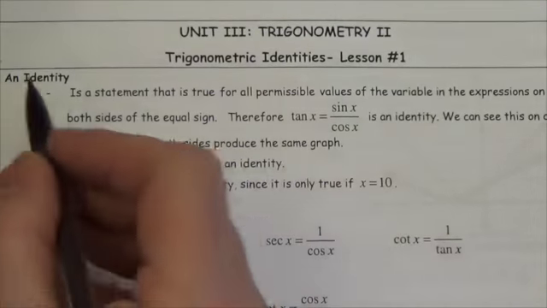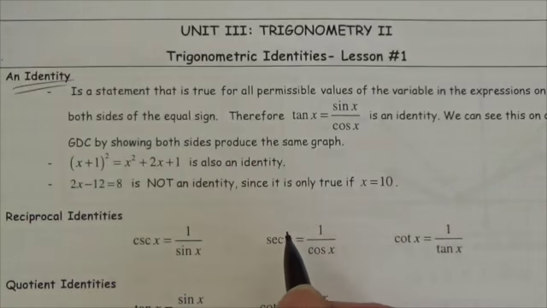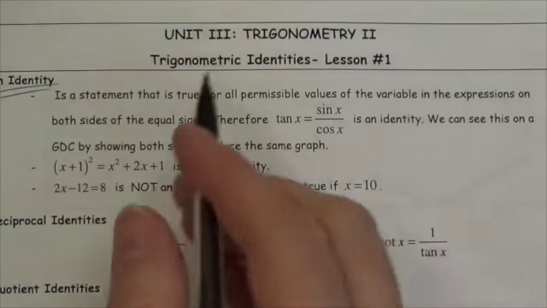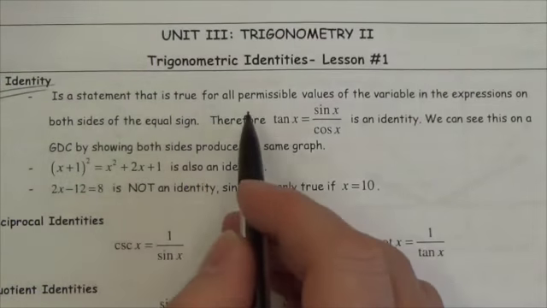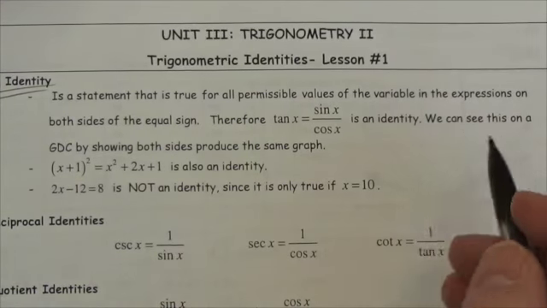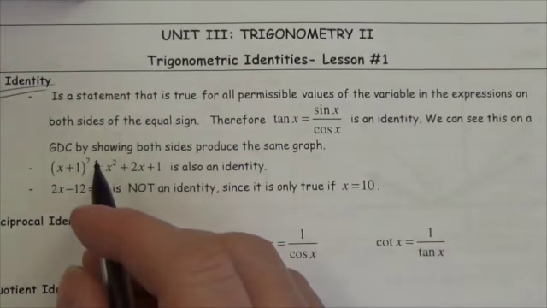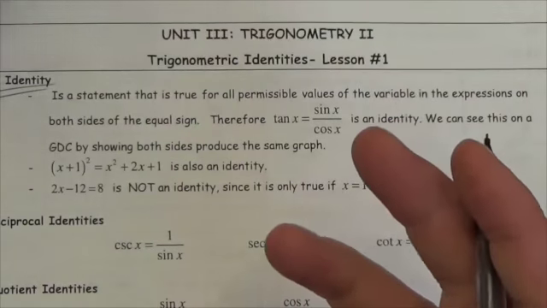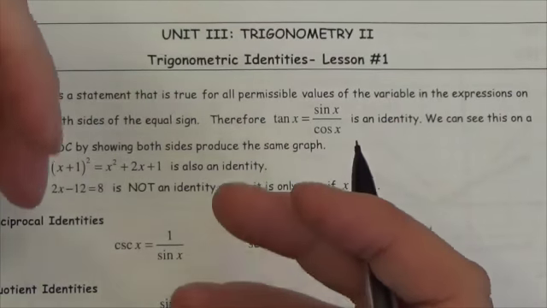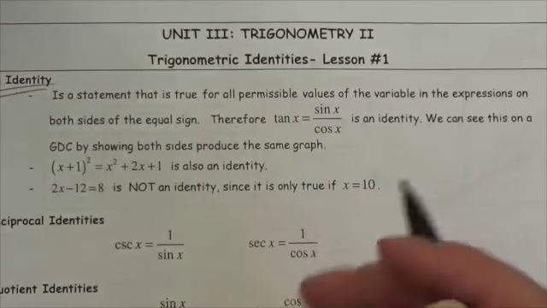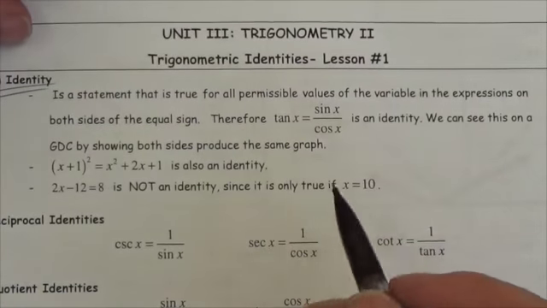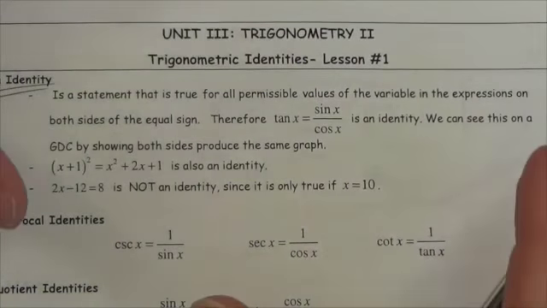We're going to start with identifying what we mean when we say identity. What we mean by that is it's a statement that's true for all permissible values of the variable in the expression, and basically it makes both sides equal. So we're looking at something that's always true, no matter what you plug in. As long as that's a permissible value, when you plug it into the independent variable, both sides are the same,